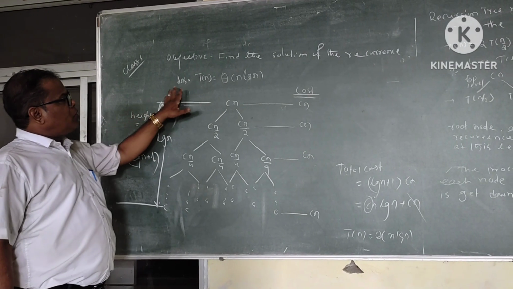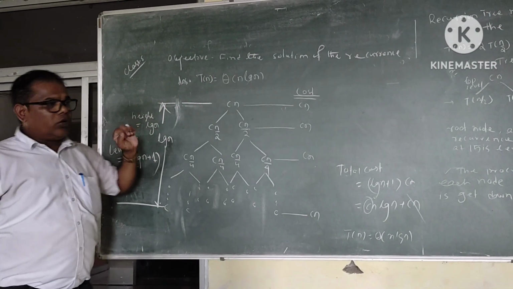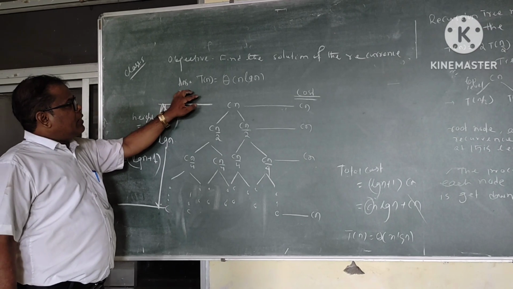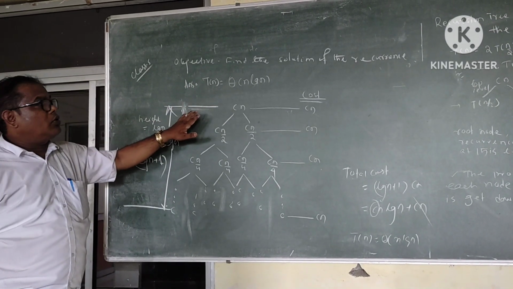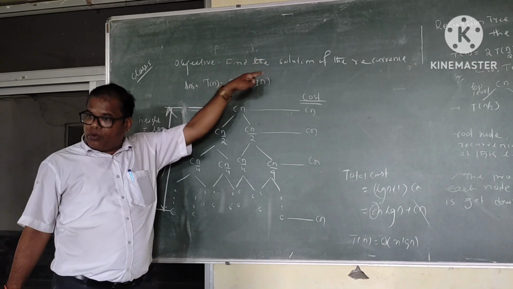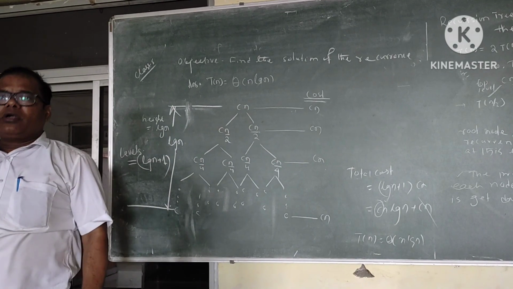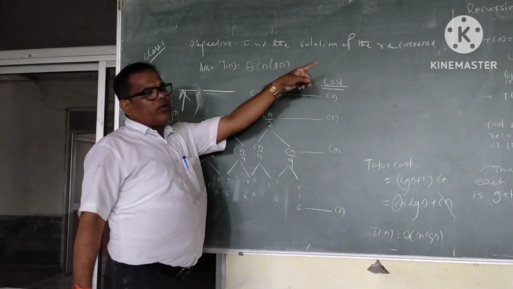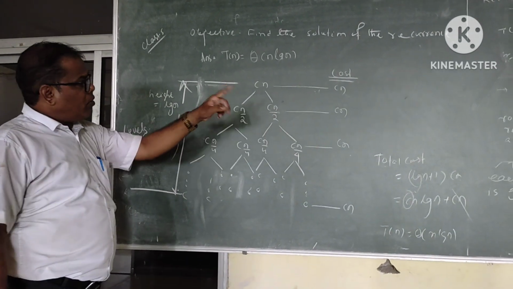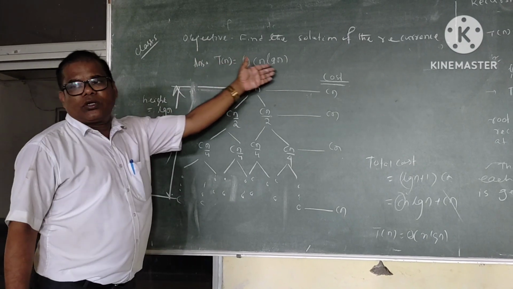Now, our motivation is toward finding the solution in theta notation. So what is the idea? Let us assume that we know the time complexity for merge sort using the divide and conquer approach, that is T(n) equal to theta of n log n. But sir, how do you derive it? Because initially we are given the recurrence equation, and from that we are supposed to find out the theta notation.